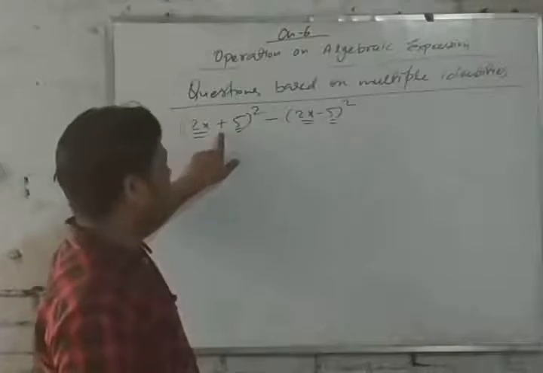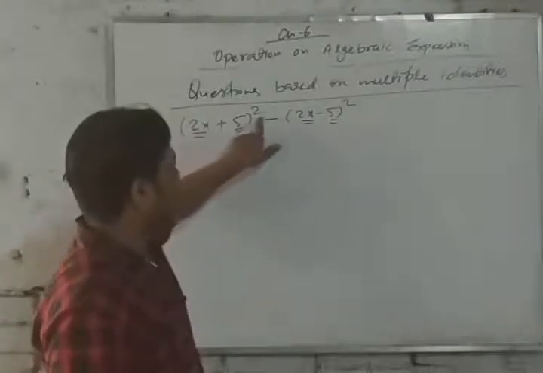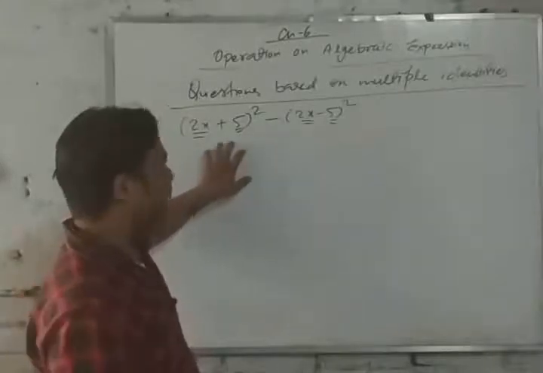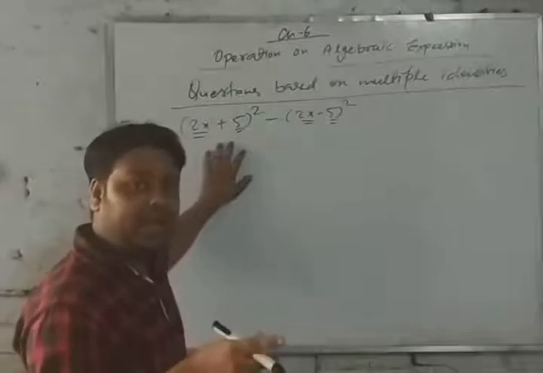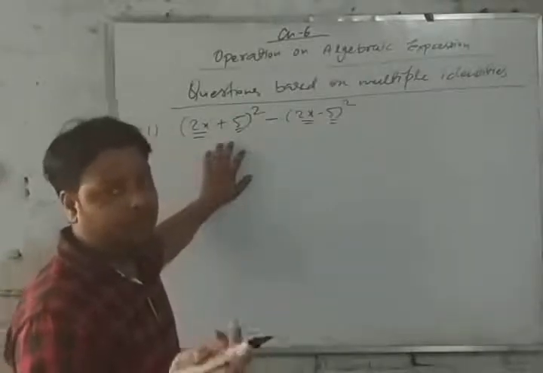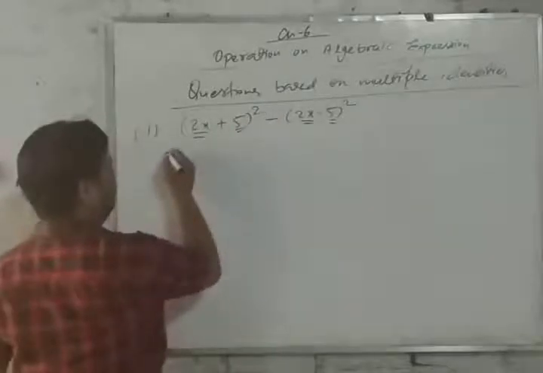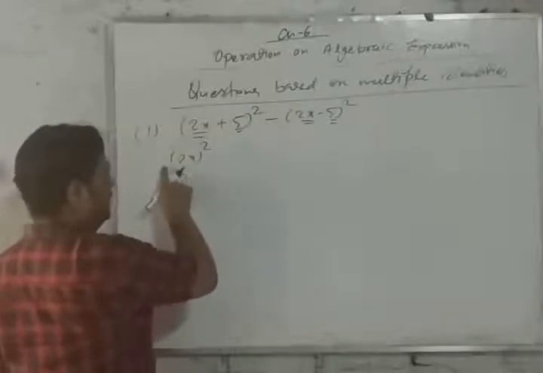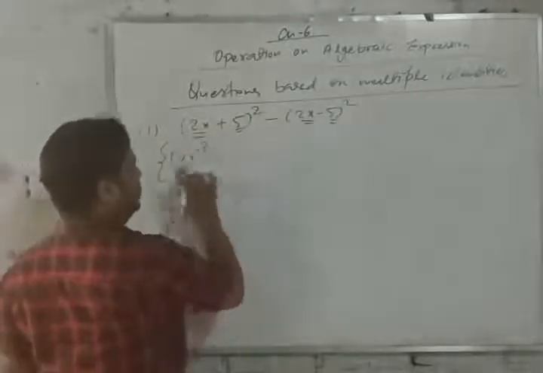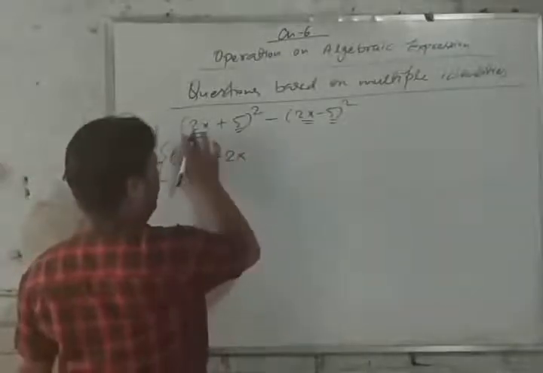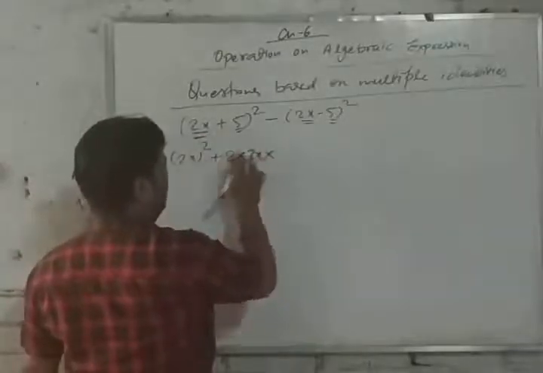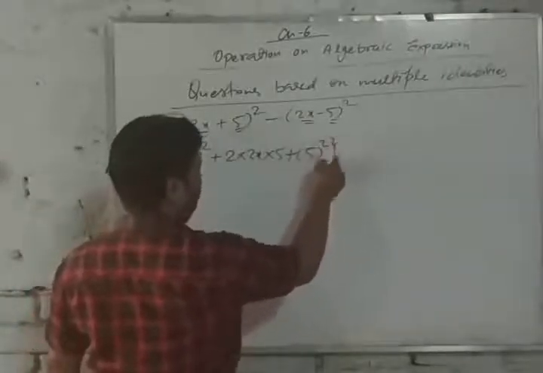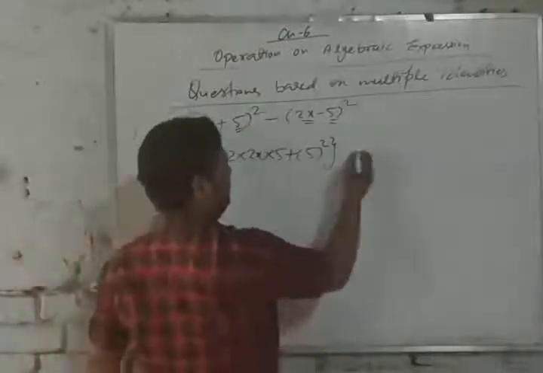Here what formula can we use? (a + b) to the power 2, that is a plus b whole square. That formula we will use. And what is the value of this formula? (a + b) whole square is equal to a square plus 2ab plus b square. Okay, so let's solve this. a square means (2x) square. Two brackets never come together, so here we will use the middle bracket. a square plus 2ab. Instead of a we will write 2x, instead of b we will write 5, then plus b square. b square means 5 square. Now bracket close.